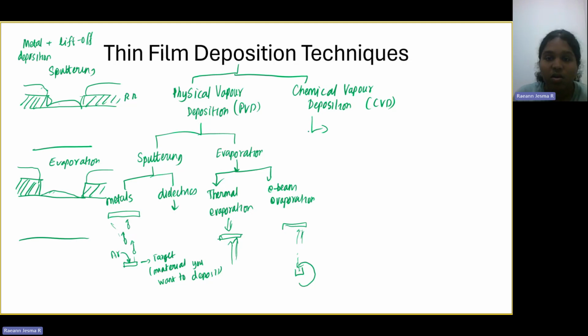APCVD is atmospheric pressure chemical vapor deposition. Here the deposition is done at atmospheric pressure. Generally in CVD techniques, we control the pressure and temperature to ensure